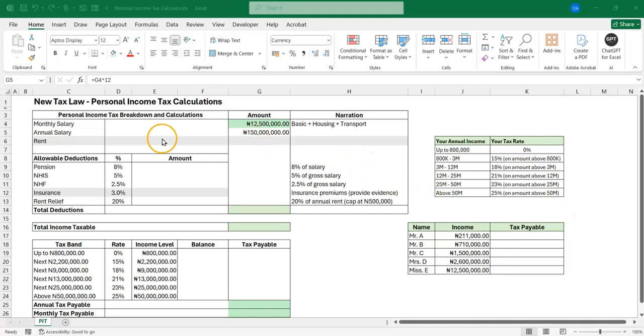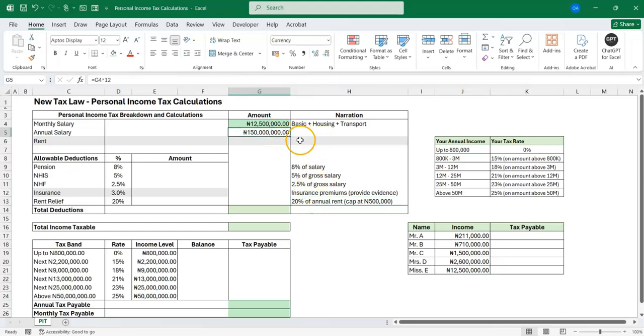Now rent is another discussion entirely, because if you have your personal accommodation, your personal house, you're not expected to take rent relief as provided for in the new tax law. If you own your house, you are not expected to take rent relief. The maximum that you can get as rent relief is 20%, and it is capped at 500,000. So let's calculate that. Let's say Mrs. E